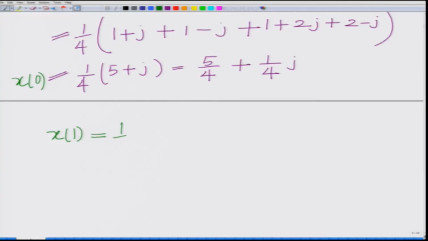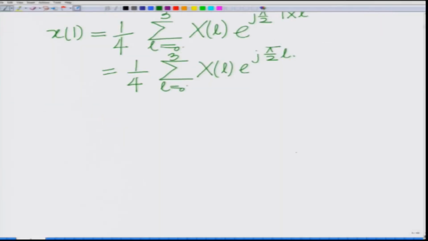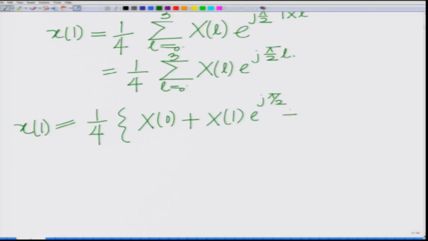So, again it goes without saying that small x1 corresponds to k equal to 1, that is the sample corresponding to time instant 1. x1 = 1/4 summation L equal to 0 to 3 XL e^(j pi/2 · L), where I substituted 1 times L for k. Now, substituting the symbols loaded onto the subcarriers, x1 equals 1/4 times (x0 plus x1 e^(j pi/2) plus x2 e^(j pi) plus x3 e^(j 3pi/2))